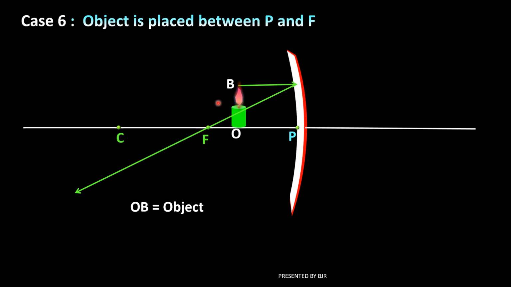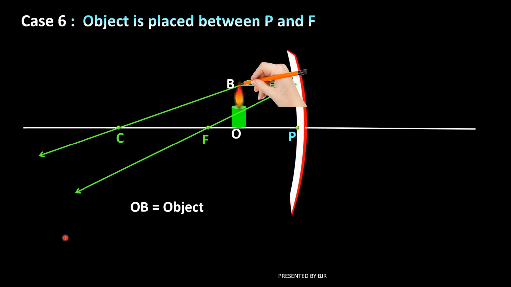Now I will draw the second reflected ray directly from the point B through C. That's all. So this is the second reflected ray. If you observe them carefully, these two reflected rays will not meet this side. If you extend them further, their separation gradually increases. That means they never cross if you extend them forward.